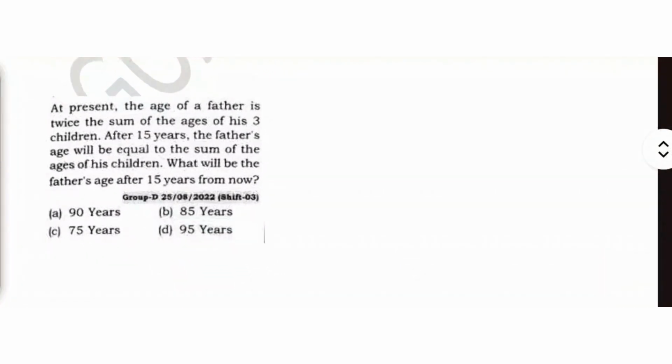At present, the age of the father is twice the sum of the ages of his three children. After 15 years, the father's age will be equal to the sum of his three children. What will be the father's age 15 years from now? Okay,